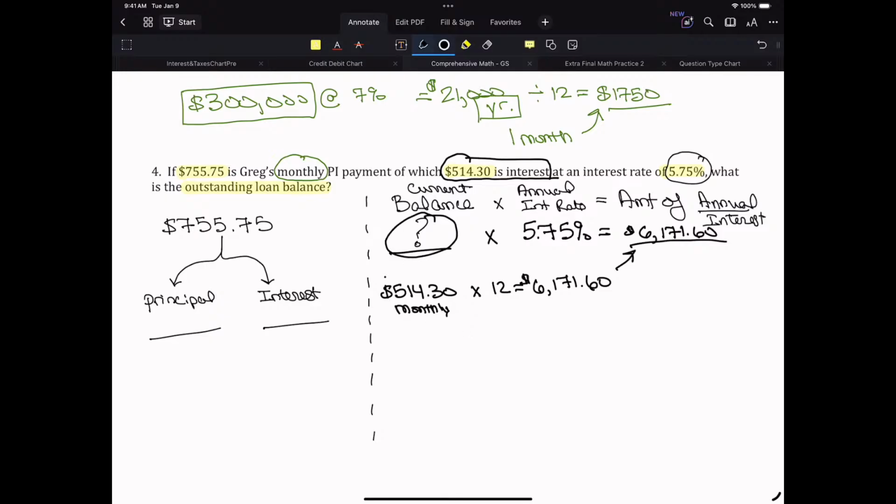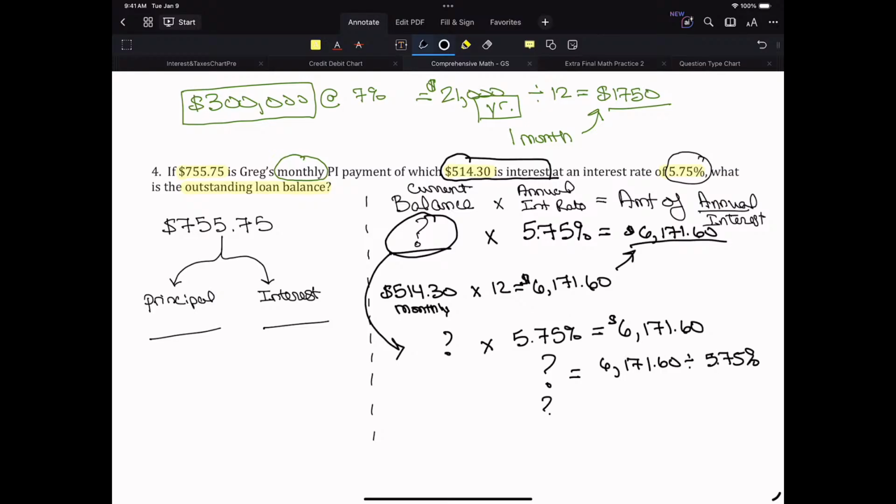So I'm just going to move this down. Whatever the balance is, if I multiply it by 5.75% for annual interest, I would get $6,171.60. So to solve this, I would do 6,171.60 divided by 5.75%. And that's going to give me